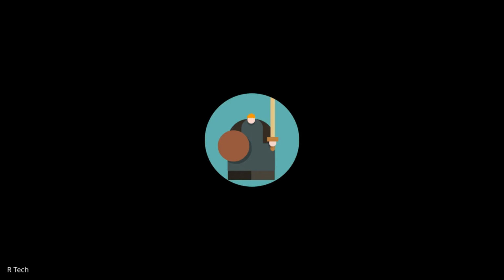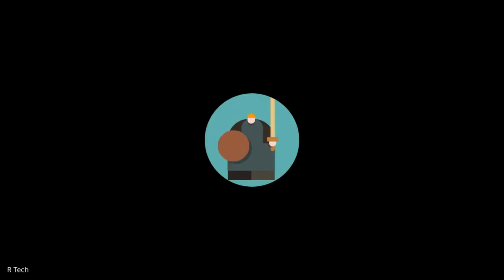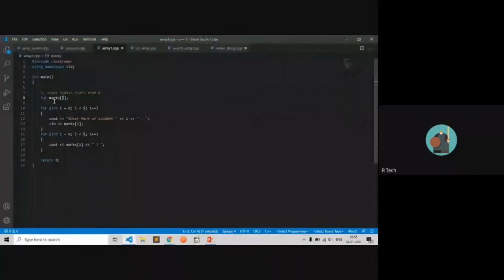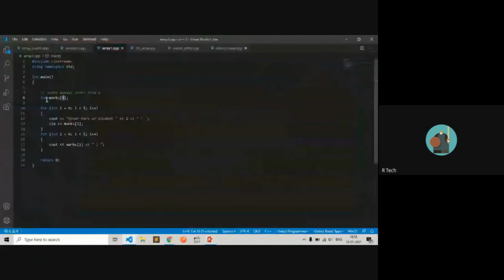But what if you don't know the number of elements? If you want to declare a variable without a size of an array, the concept is introduced as a vector. Just the same concept, using an array without a size, is introduced as a vector.